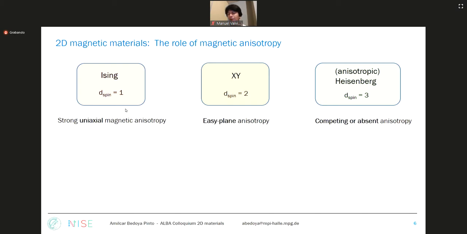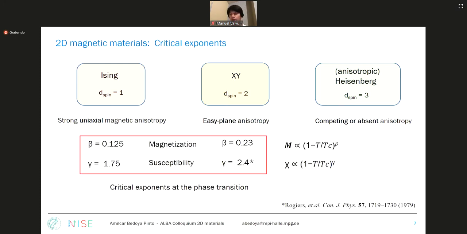And that gives you basically that the magnetic material would like, or the magnetic moments would like, to point in one direction, as here in the Ising type magnets. In the XY type, the spins are confined into a plane, so they can point in any direction in the plane. And the fully isotropic case is the Heisenberg type magnets, where the spin can point in any direction in space. And especially here, as I was saying, the assessment of the anisotropies is an important criterion that will also be important later in the talk.